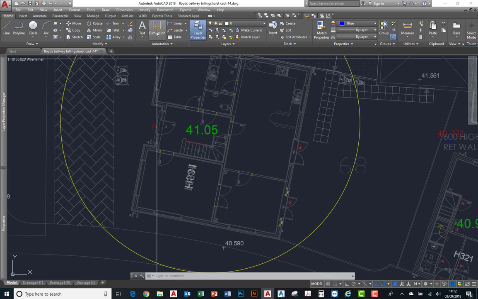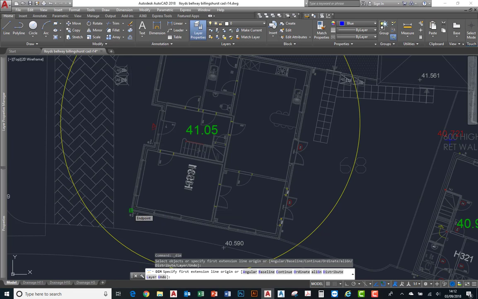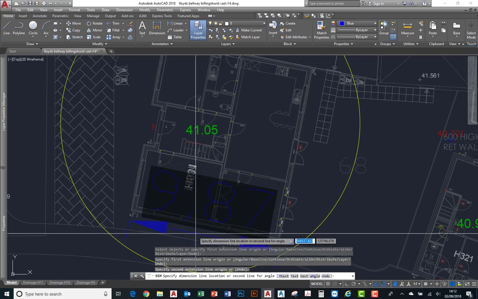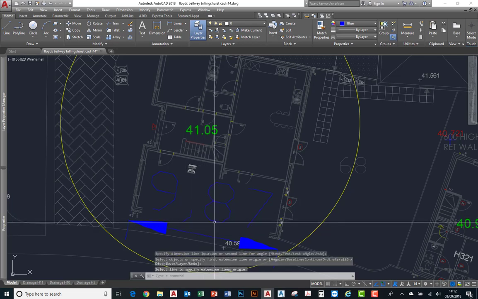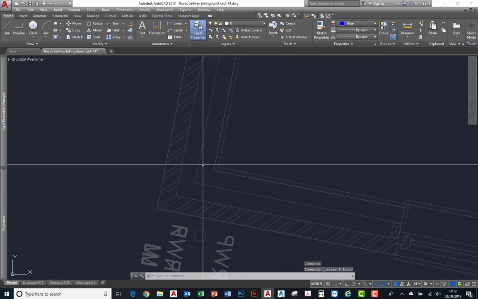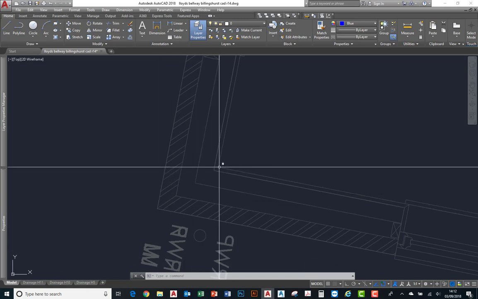Another way of checking that is to actually create a dimension, and you can use endpoint snaps to do so. So that's showing us that it's 9.87 meters long, the wall there, which means that it's actually drawn in meters, which is a good thing to know, because when we come to drawing our lines from the outside of the brick wall to the inside of the wall here, we'll know that